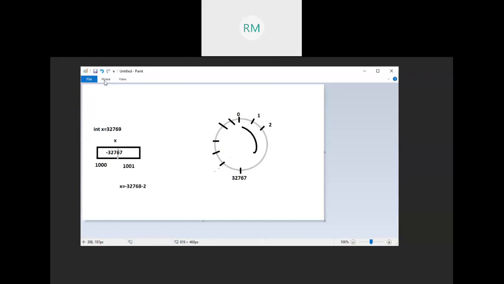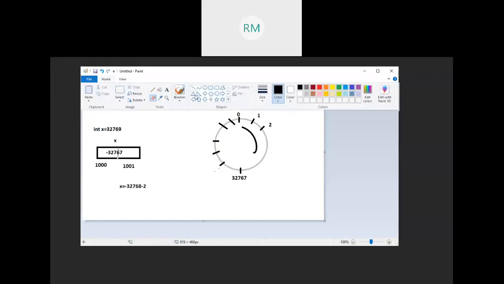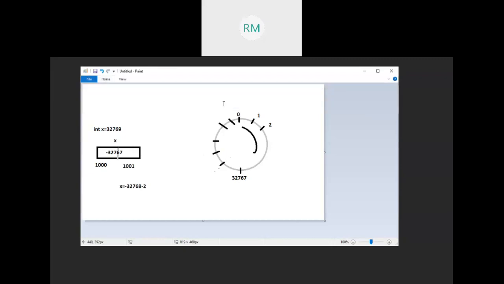Same, but it is unsigned. That's why it takes only positive numbers. So what is the range? Up to 65,535. So what is the number just before this one? 65,534. Okay, that's it.